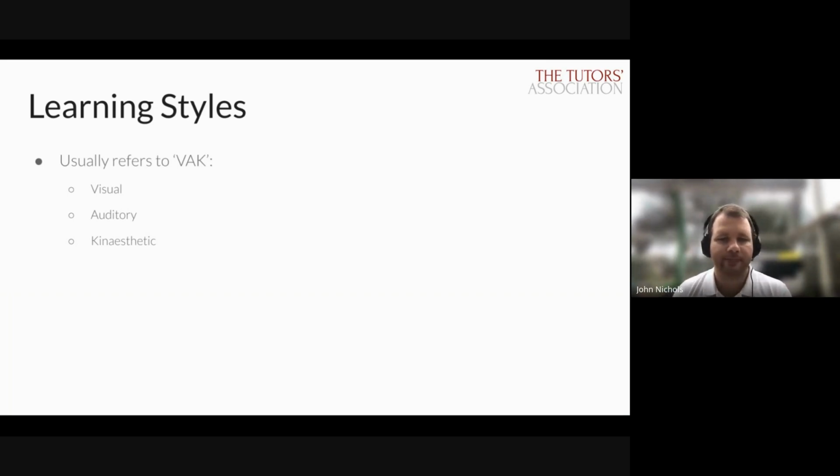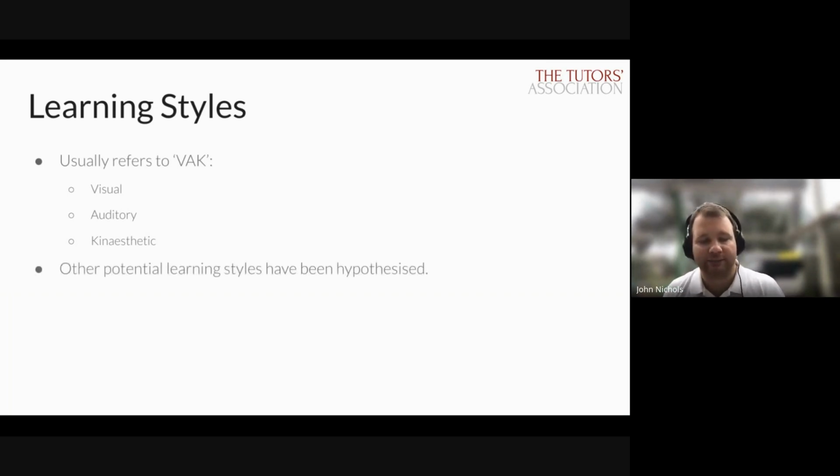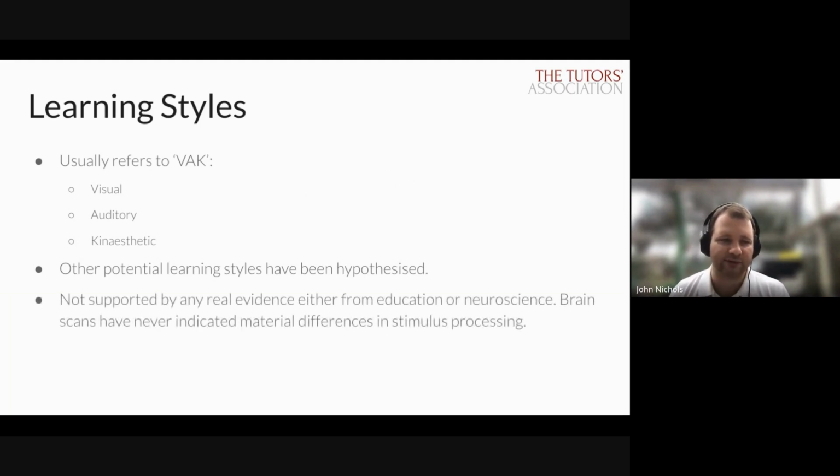Now, there are actually people that have come up with a whole cottage industry of learning styles, and you're word smart, you're this smart, or you've got up to 50, 60, 70 of these learning styles. But the big problem is none of them are substantiated by any evidence as to whether they actually work in practice or as to whether there's any reason to believe that this might exist at all in the first place.